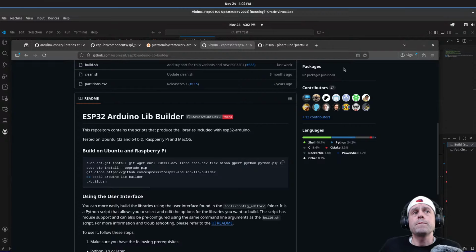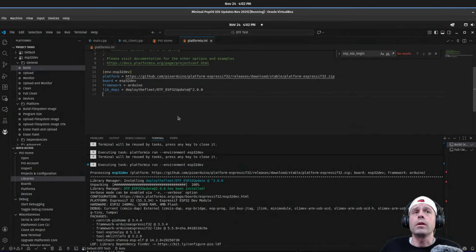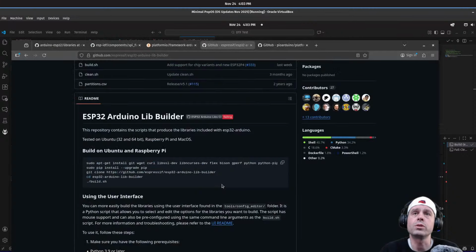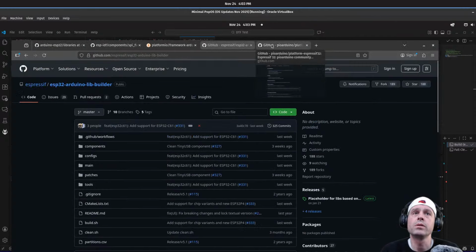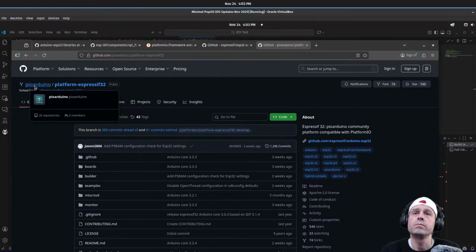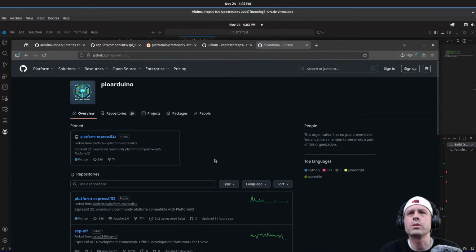All right. So this is great. I think we got a solution here. I still do not like PlatformIO. I'm glad that it was not deeper than that. Where I thought this was going to go was we were going to have to figure out how to build a version of this. It looks like this PIO, is that PlatformIO just under a different name? Let's come over here. What is this organization? Because if it was PlatformIO, why wouldn't they just have it under PlatformIO?